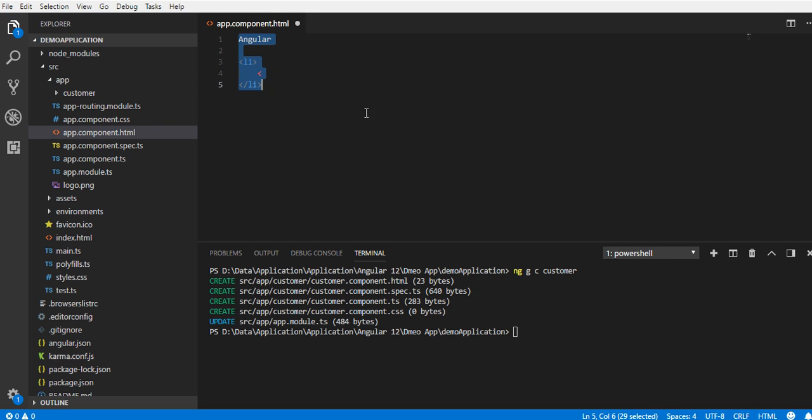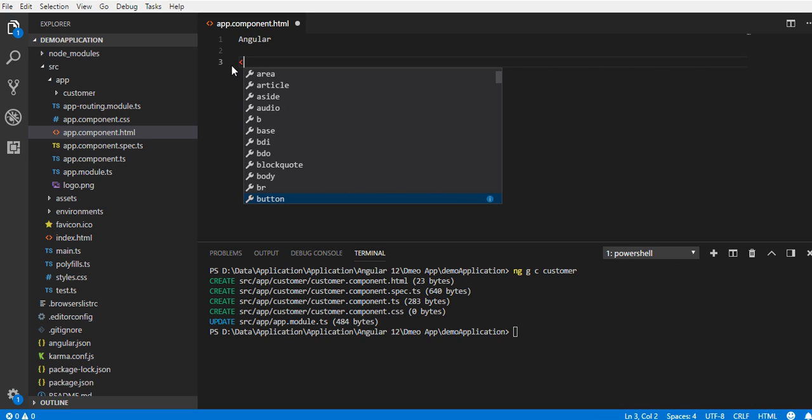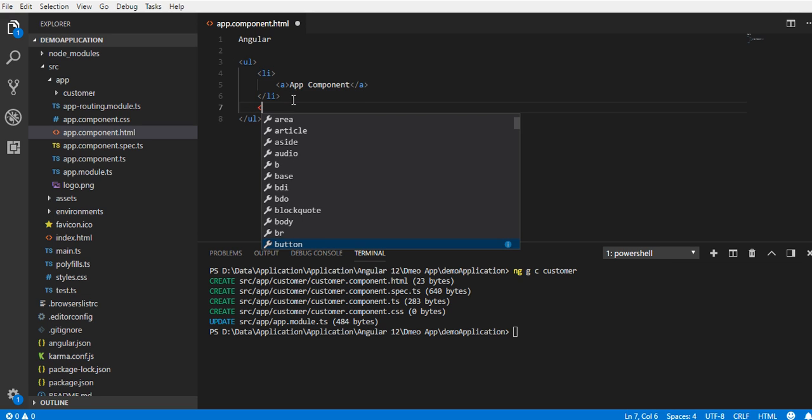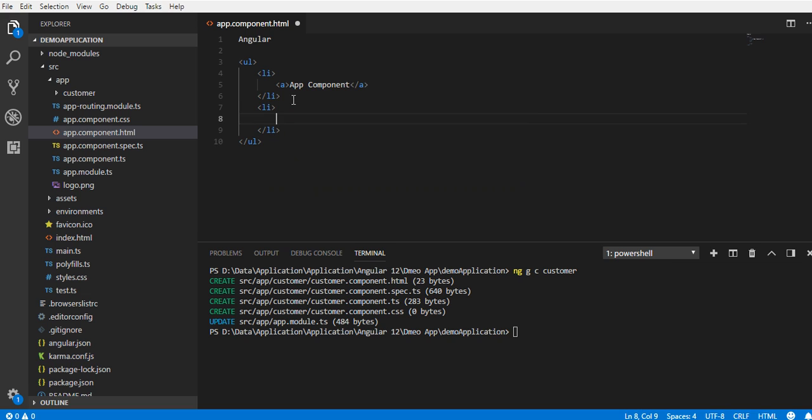We create the UL, and under the UL the LI, and here we need two anchor tags. One will be named app component and the other customer component, right? Save it. It has added two links, but these links have to be linked with the app or customer components.